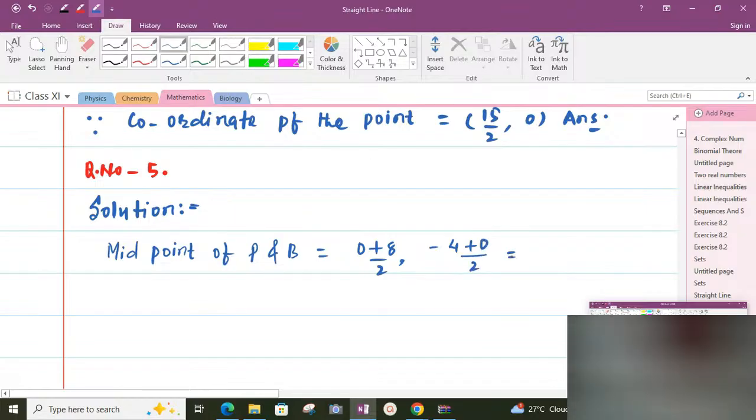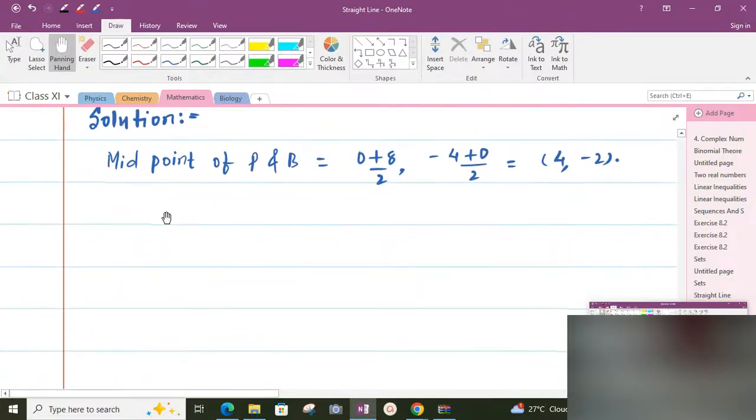Here will be 8 by 2 equal to 4, and -4 by 2 equal to -2. So one point of the line is (4, -2), and the other will be (0, 0) because the line passes through the origin. From the question it is clear that